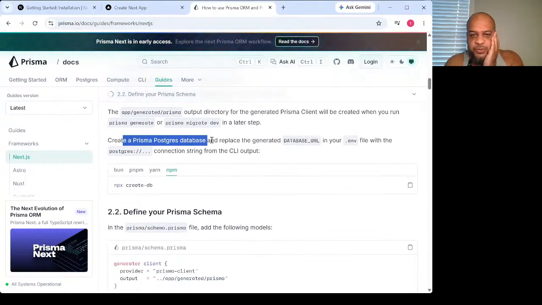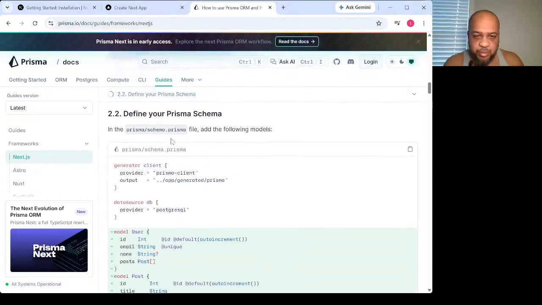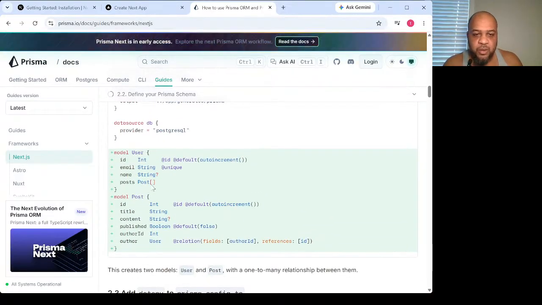create a Prisma Postgres database and replace the generated database URL in your .env file, which we've already done with the database that we're going to set up, but this is a different approach to doing so. Then we'll need to define our schema, and we'll create a model named post and add it within the root of the project. As a matter of fact, we can use this exact same one. I think the only change I will make,